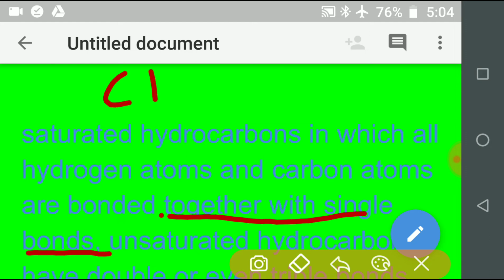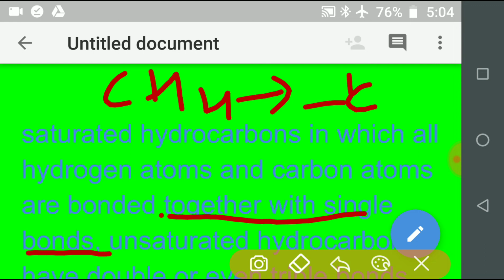For example, methane, CH4. This is the structure, that is C with 4 hydrogens. So this is a single bond between carbon and hydrogen. Methane is one of the simplest saturated hydrocarbons. Then